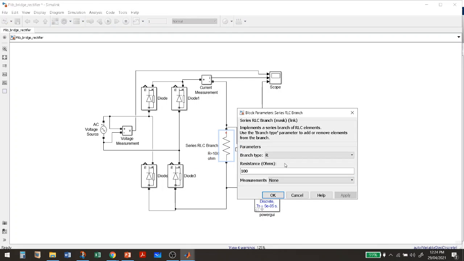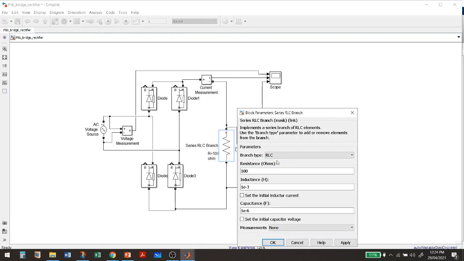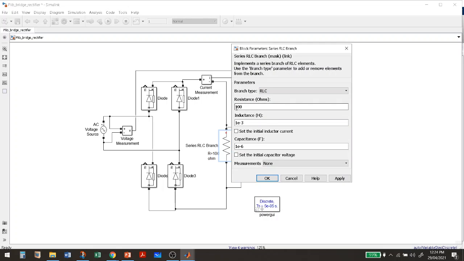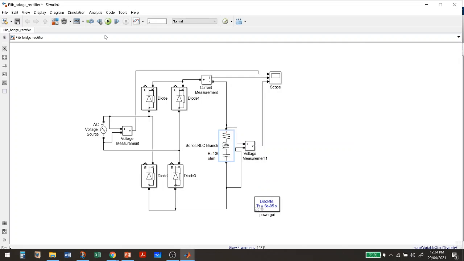I will double click on this and use it as RLC. It shows the value of R is 100, inductance is 1 into 10 to the power minus 3 Henry, then capacitance is 1 microfarad. These are the default values. Then apply and okay, if you run this, you'll get a variation in the output waveform.